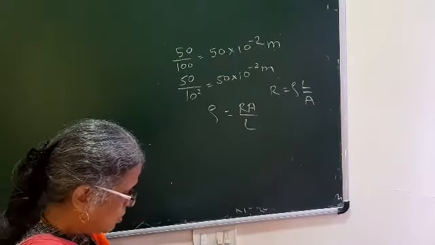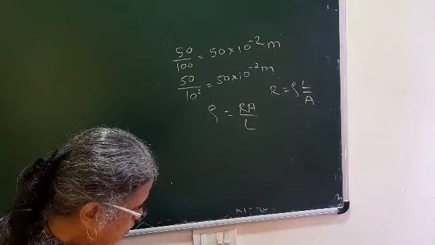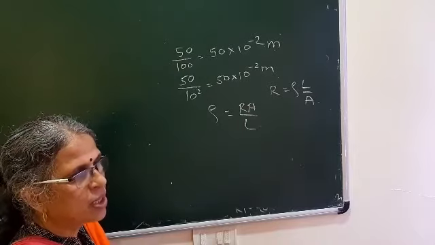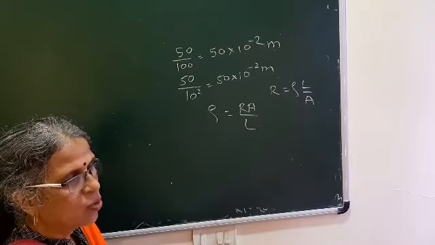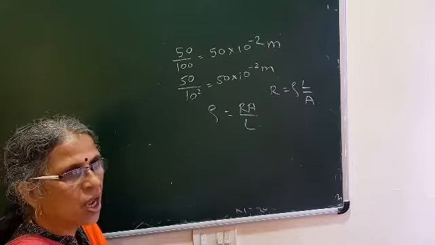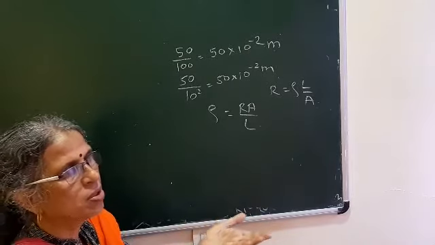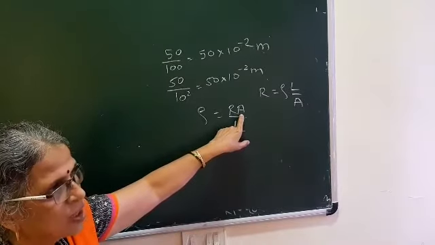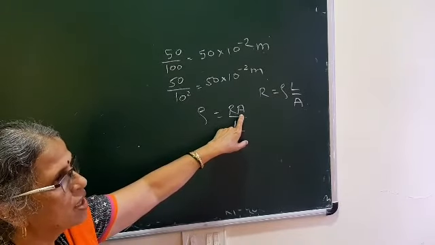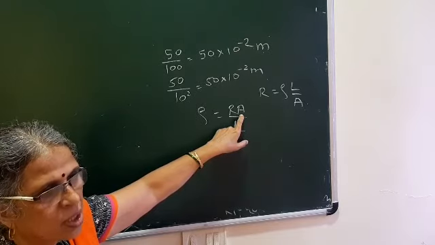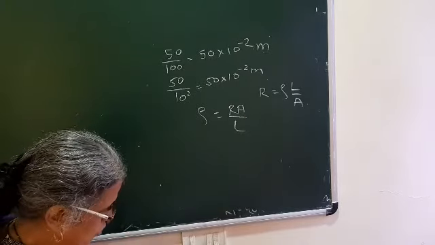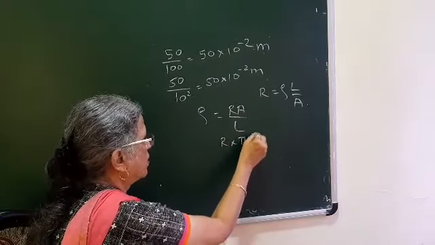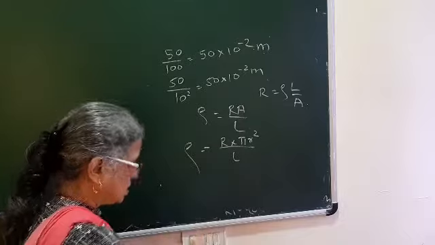Followed? So now here, from where this pi r square has come, because whenever we are considering the metallic conductor, which is a wire, we are going to consider its cross-sectional area, and if you take the cross-section of the metallic wire, then it will become a circle, and therefore for area, we are not going to use the formula for cylinder, but we are going to use the formula for circle, and that's why they have used here pi r square. So R into pi r square upon L is equal to rho. That is how they have used.